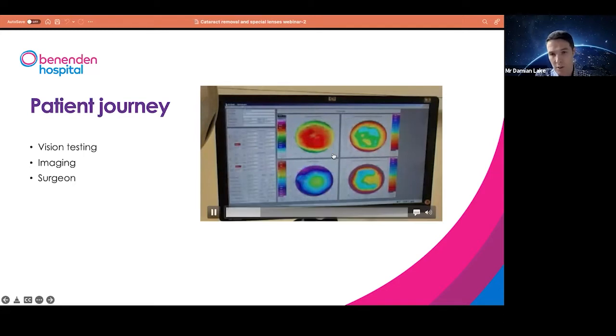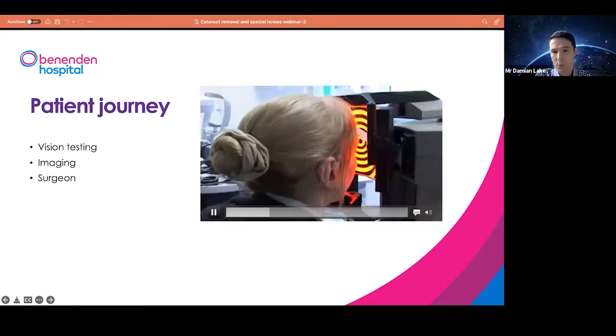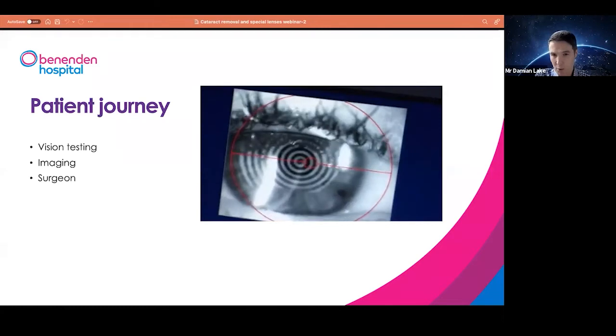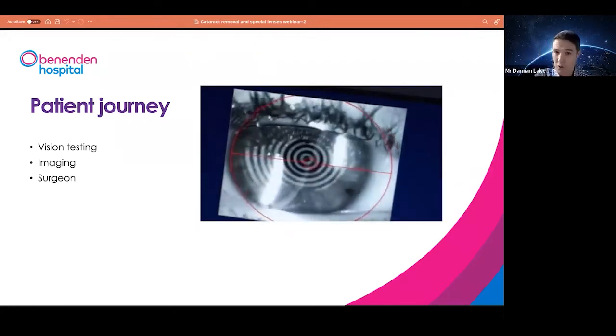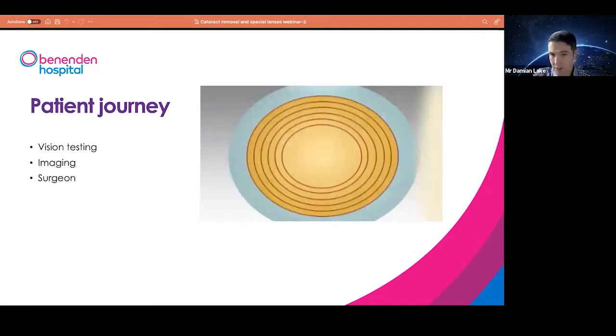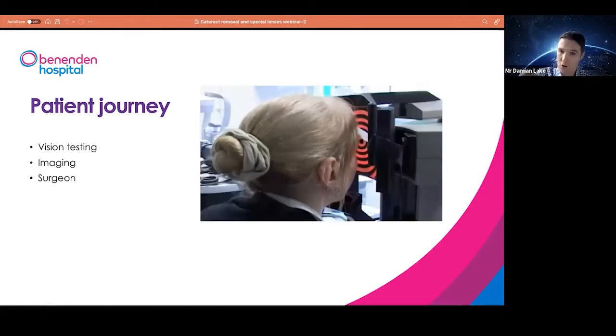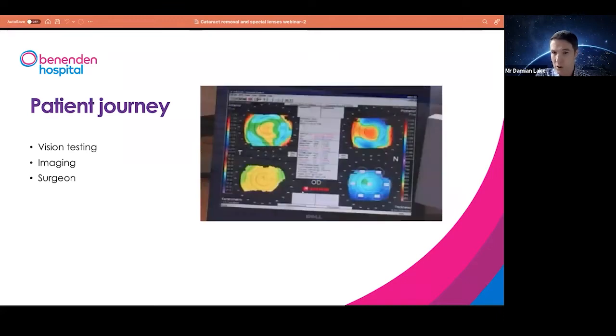Now, this is the screen that we see, and we can see the shape of the cornea. We can see how thick the cornea is, and we can see the depth of the front chamber of the eye to help with our cataract plan. Here you can see that these circles are projected onto the cornea, and this is a technique to enable us to work out the shape of the cornea. So if you project circles onto the cornea, if it's irregular or steep in one direction and flat in the other, it will distort these circles and it will give us an idea of the shape of your cornea.